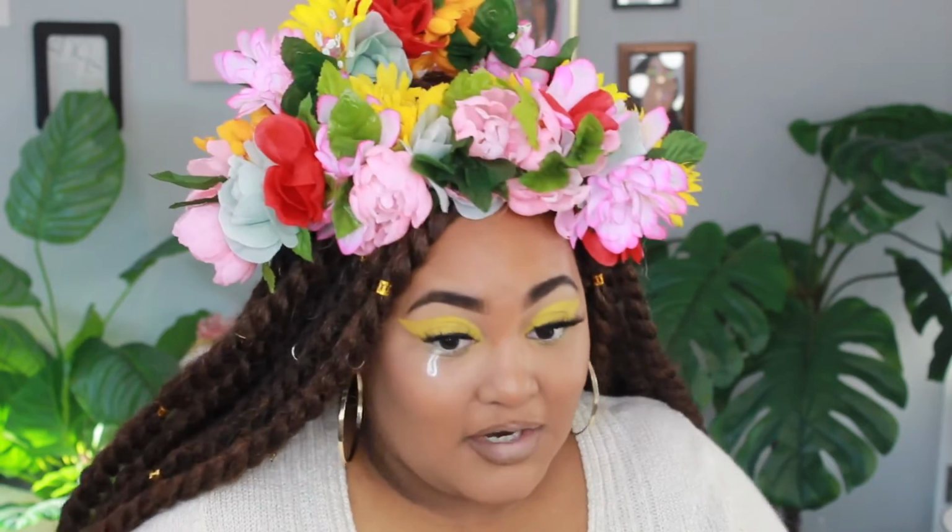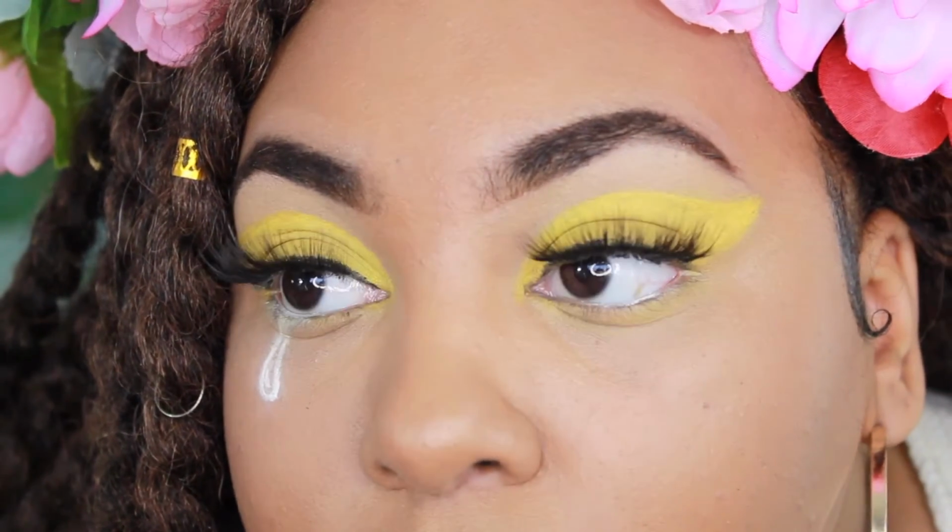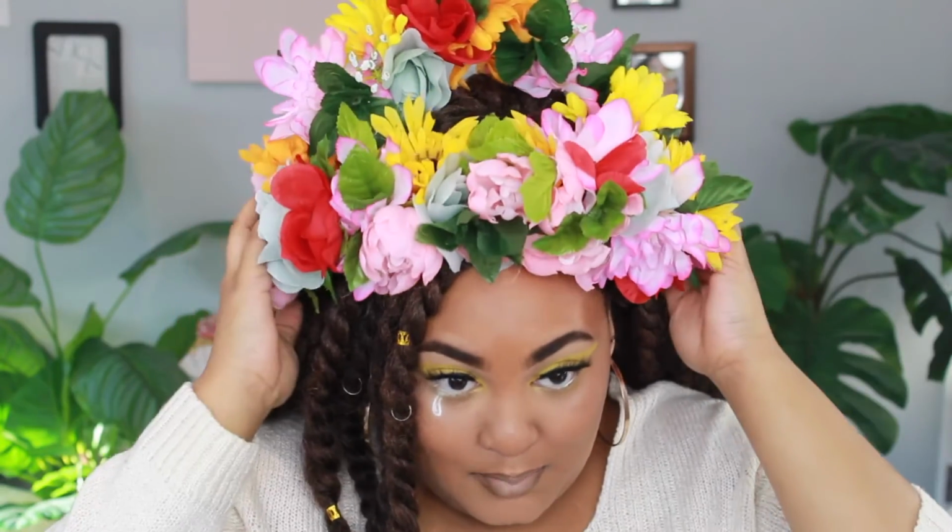These flowers in this white sweater just make everything look so good. So I'll do a close-up, but honestly the eye look is pretty simple, but the tear kind of looks good up close. So yeah, with my little crown that I made, that I'm so proud of, that I literally made out of like thin air basically. So yeah, this is my finished